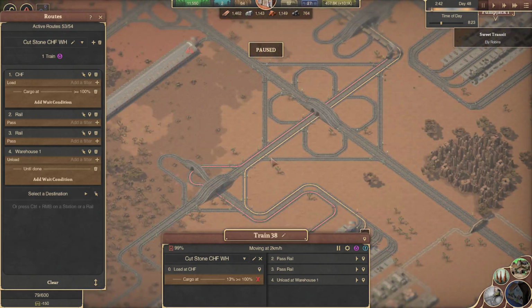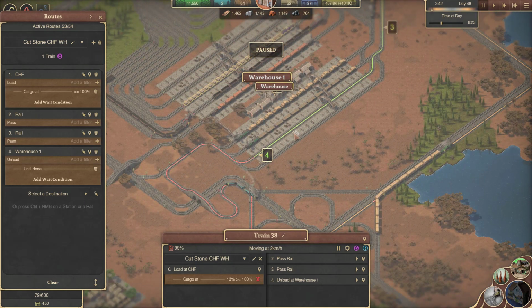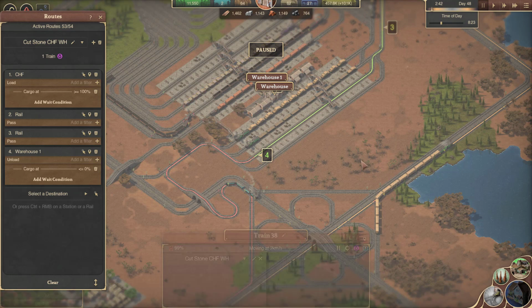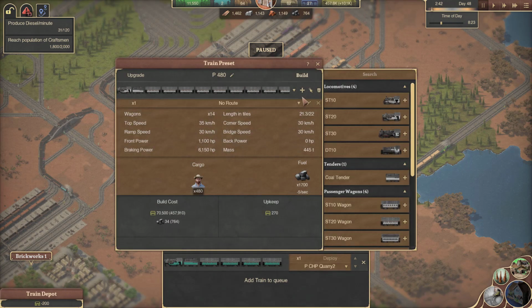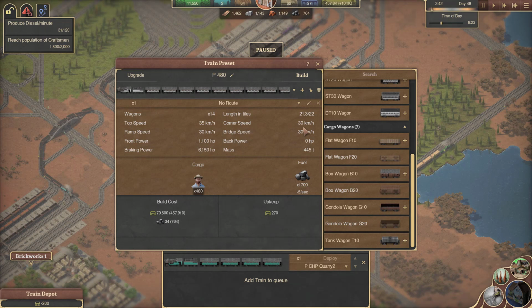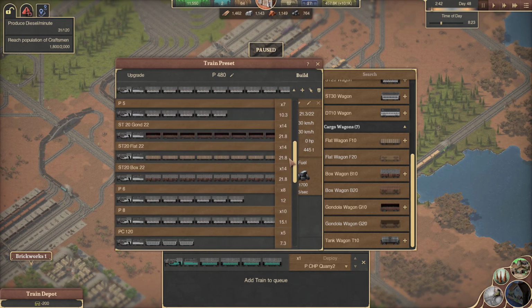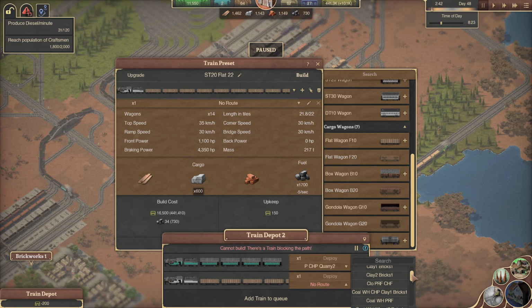That looks better. So you're going to come out Chesapeake Freight, you're going to run up here, you're going to hit this, you're going to come in here, do your unload, and you're going to unload until you're empty. And let's see. So that's one train, and then I think we're going to put a second train on that. So that would be a cut stone. I think it's a flat wagon. Yes. So we're going to find our flat wagon. There we go. Build that. Put that on the cut stone